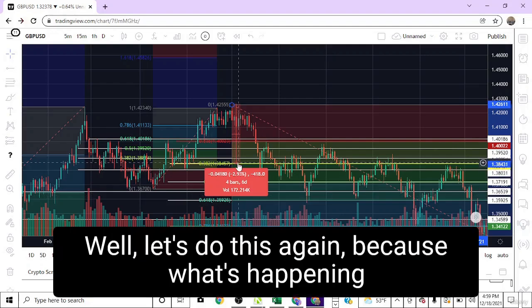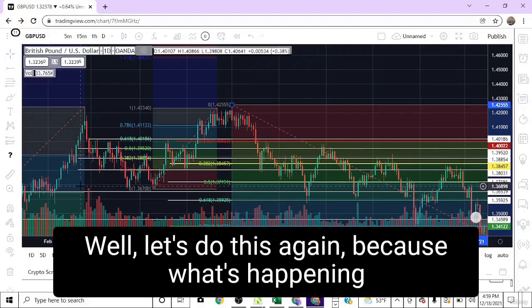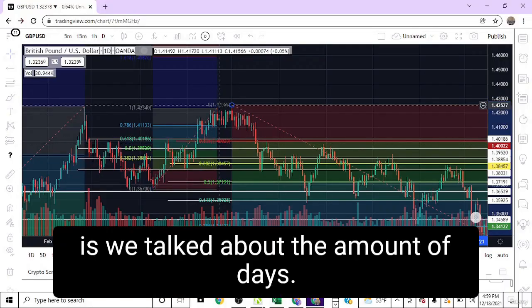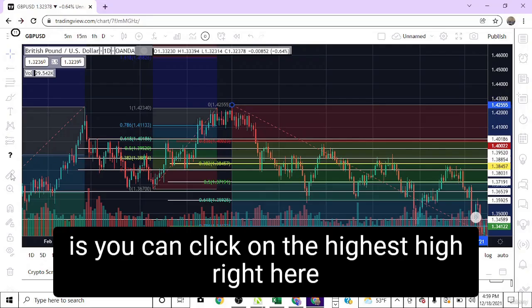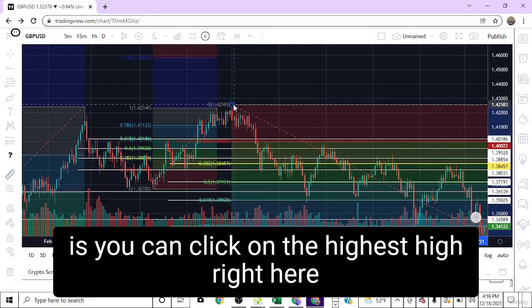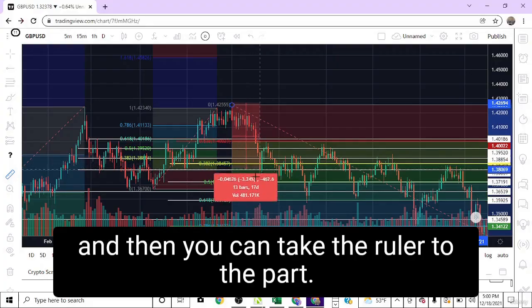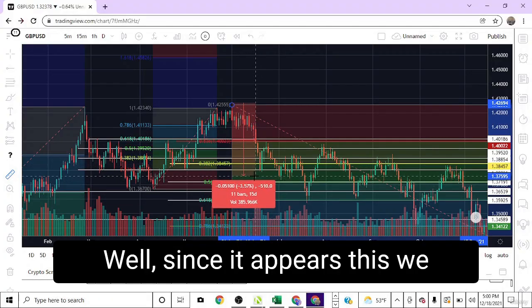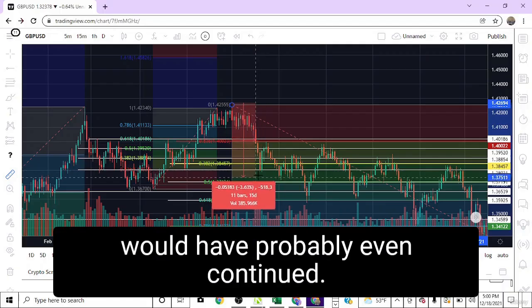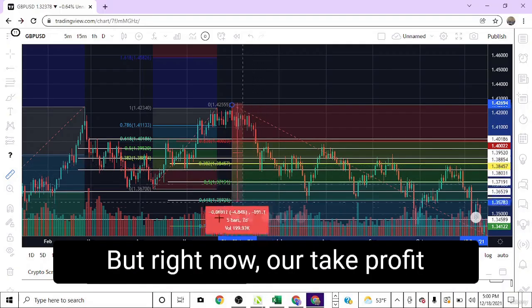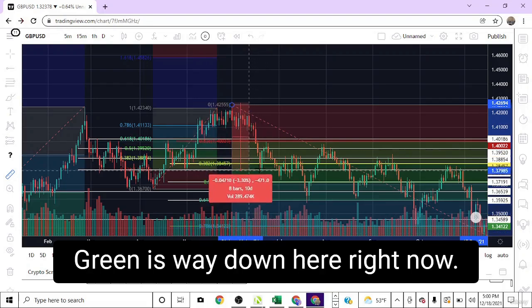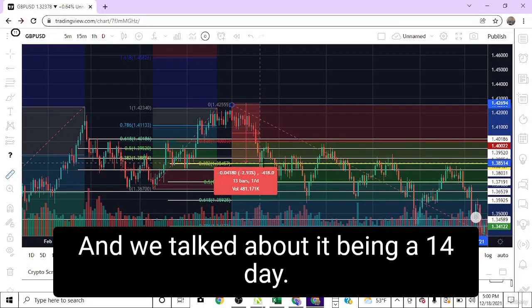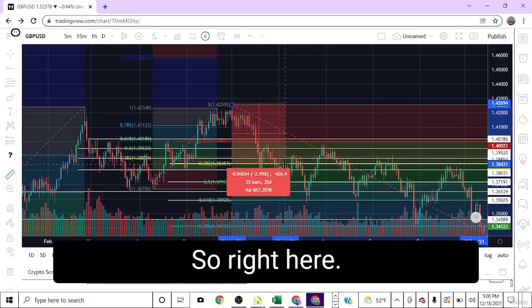Let's do this again, because what's happening is we talked about the amount of days. What I like about this ruler is you can click on the highest high, right here, and then you can take the ruler to the part that, since it appears this, we would have probably even continued. But right now, our take profit was, we're not at the green. Green is way down here. Right now, we just said the yellow, right? And we talked about it being 14 days. So right here,